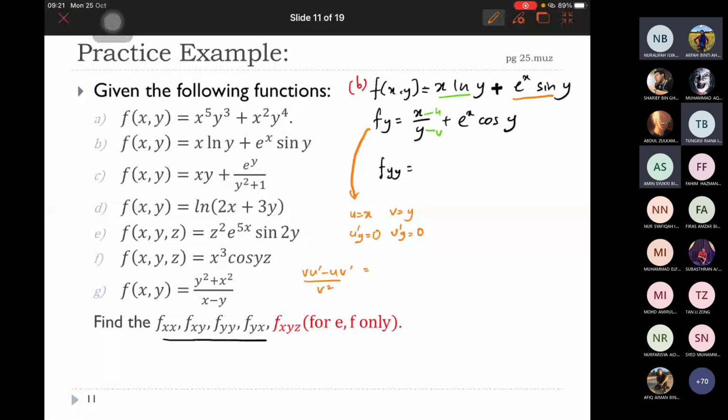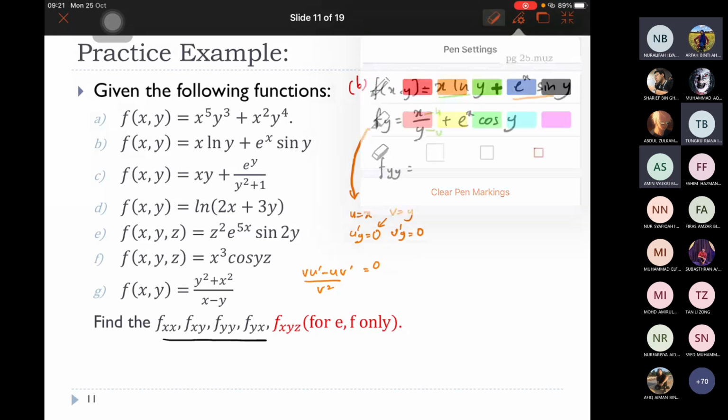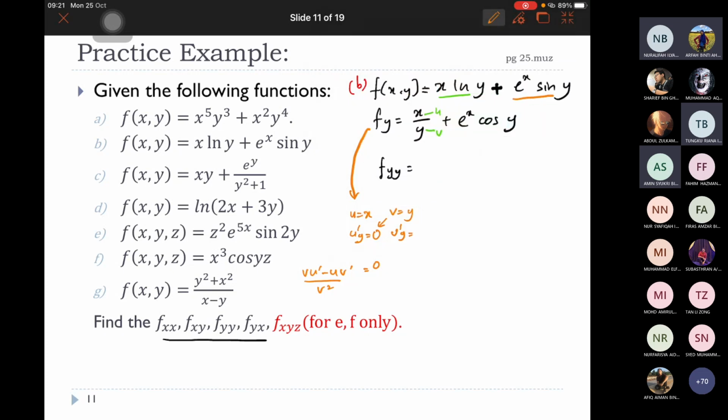Okay. So awak akan dapat V U prime, V darabkan dengan U prime kosong, U darabkan dengan V prime kosong. Oh ini bukan kosong, ni satu. Bezakan terhadap Y. This one is 1. Okay. Tolak dengan X divide by V kuasa 2, Y kuasa 2. So daripada sini,